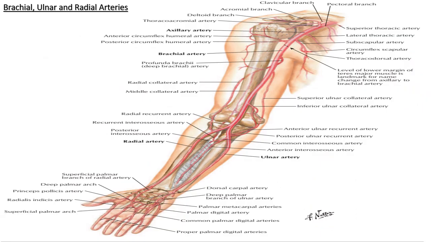Okay, so now let's talk about the brachial artery, the ulnar artery, and the radial artery. As we have established, the brachial artery is a continuation of the axillary artery at the lower margin of the teres major muscle right there. Then it continues and forms an immediate branch known as the profunda brachii artery or the deep brachial artery, which